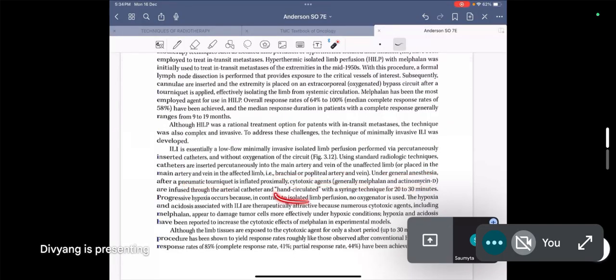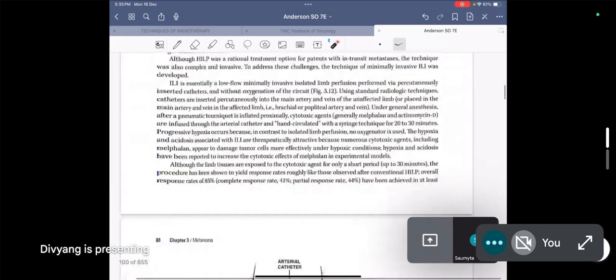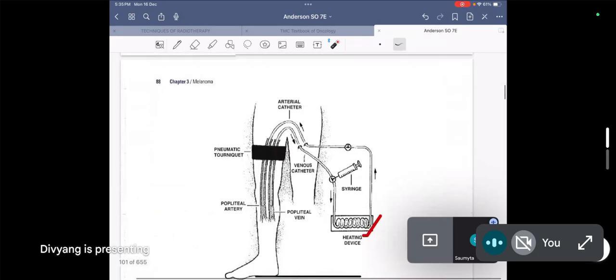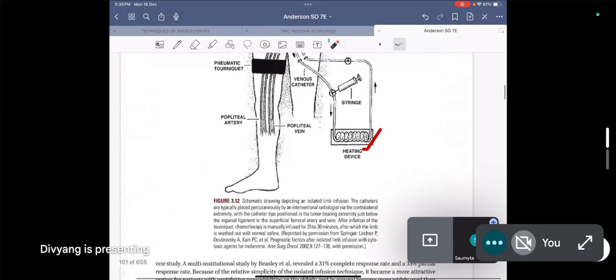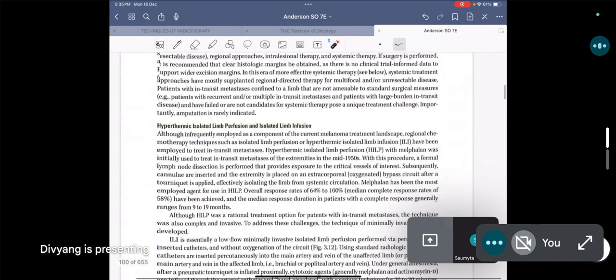hand circulated for 20 to 30 minutes using a syringe. Progressive hypoxia because no oxygenation is used. That is the only difference. So therefore hypoxia and acidosis ये दोनों रहते हैं. दिखाओ नीचे वाला तुम्हारा क्या बोल रहा है, हाइपरथर्मिया वाला। हाइपरथर्मिया वाला ही है।